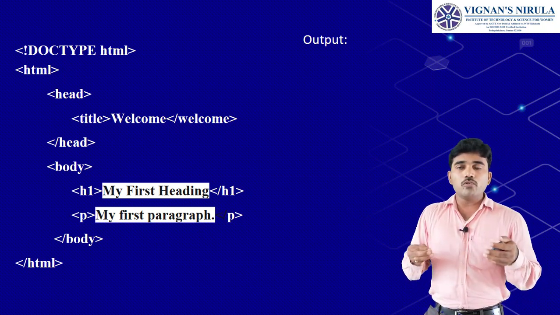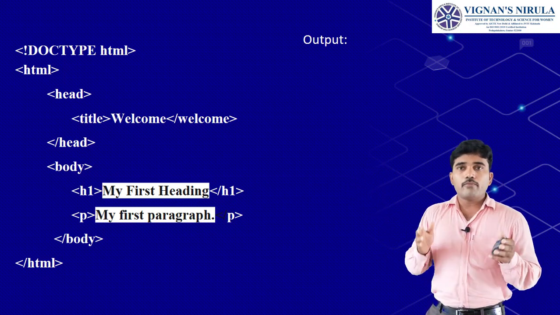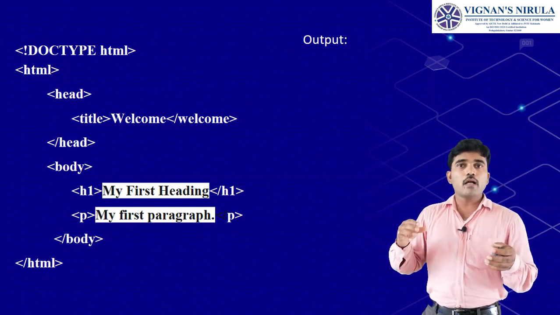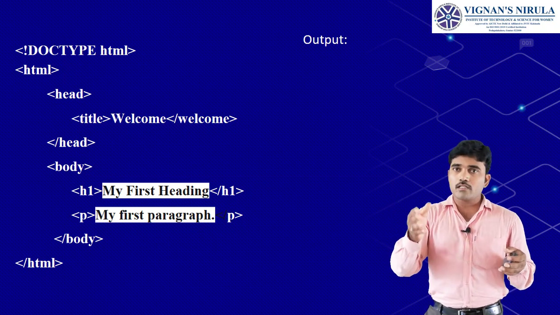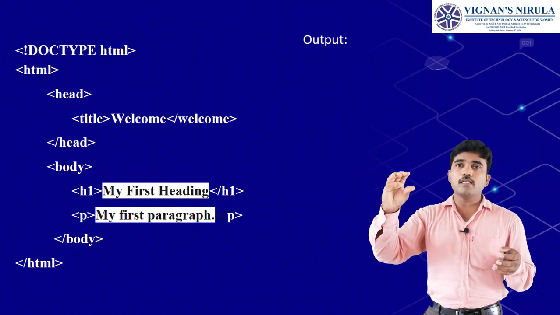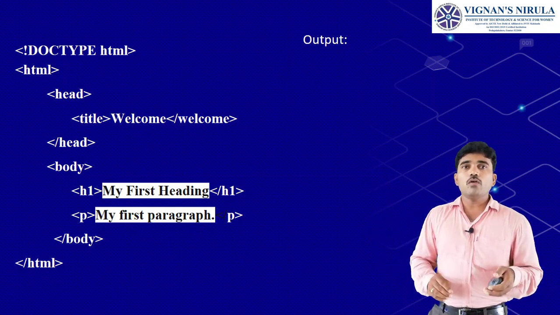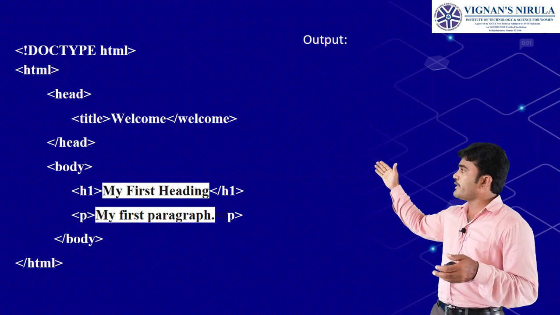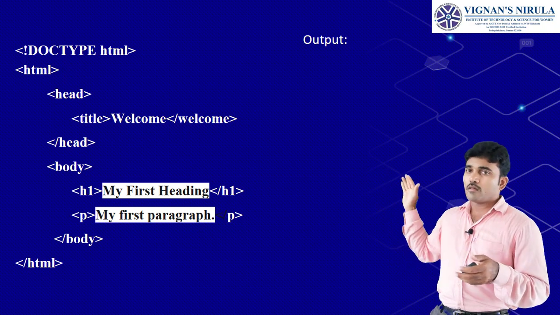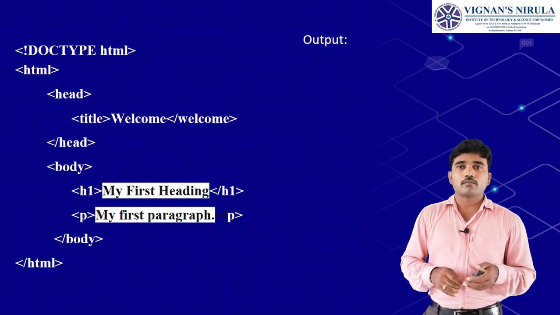Which one do I want to display like a heading? My first text should appear like a heading. It means its size is bigger when compared to the paragraph. Even in your textbooks, if you observe, the heading appears in larger size and the paragraph appears in smaller size. Understand? After writing those two tags, heading and p, for every tag you must write the starting tag and the closing tag. As usual, body is closed and finally HTML is closed.